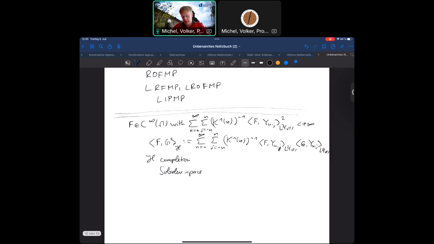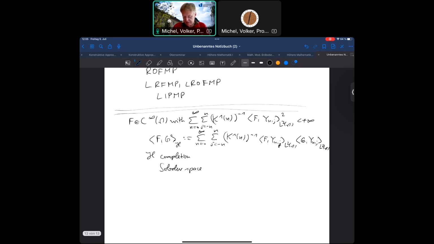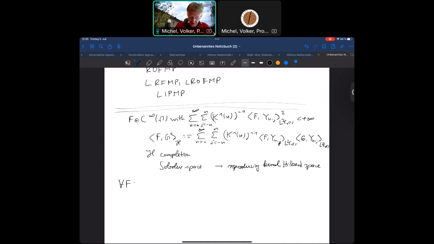And the interesting thing is that this Sobolev space is a so-called reproducing kernel Hilbert space. And what does it mean? It means that our kernel has a particular property, namely for every function in the Sobolev space, you can do the following. You take the kernel